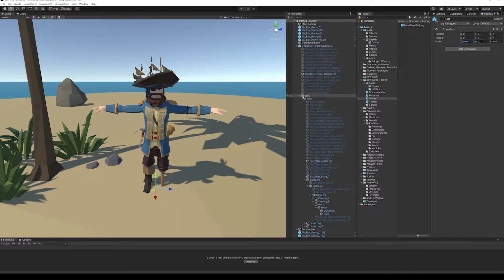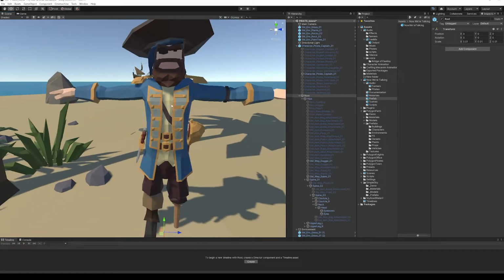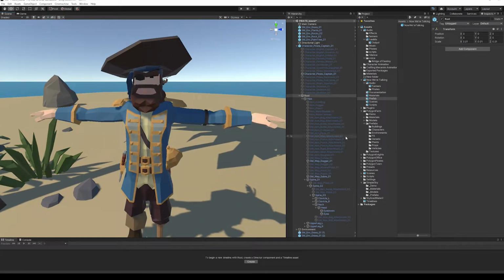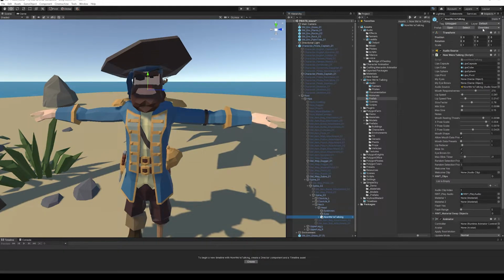So let's figure out where we're going to put the mouth. The mouth is going to go somewhere in this area here near the beard. Yeah, there he is. So we're going to look for the head because it's going to be on the front of the head. So let's look through the root. We go to the spine, spine 2, spine 3, neck, head. There we go. And that is where we're going to pop the Now We're Talking prefab. We just drop it onto the head bone like that and it will appear. It should be zeroed out, 0,0,0,